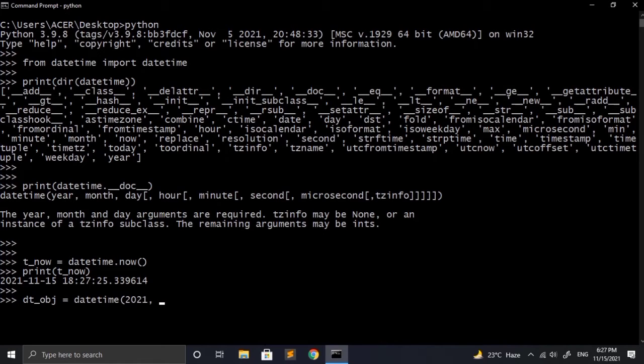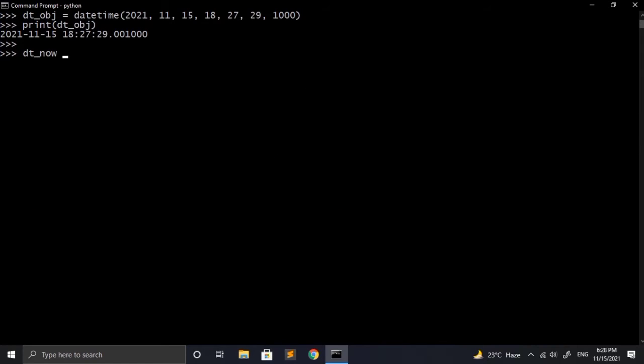We already know the syntax. First of all we have to provide the year, then month, and after that day, and finally we have to provide the arguments related to time. The first argument is for the hour, then minute, after that second, and at the last we have microseconds. Now let's print it, and for that we have to call the print function and pass our variable to that. Now let's make a fresh datetime object which will provide the current date and time. For this we have to use the now method of this class, so we write datetime.now, and after that we print the variable in which we have stored the value of the current time.